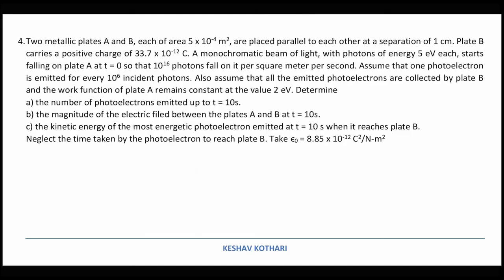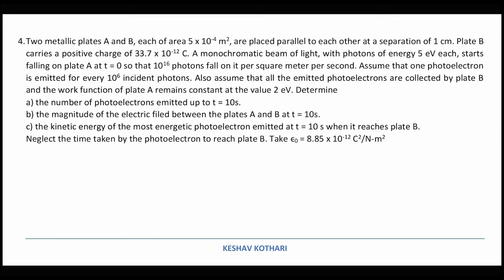Question number 4. Two metallic plates A and B, each of area 5 × 10^-4 meter square, are placed parallel to each other at a separation of 1 centimeter. Plate B carries a positive charge of 33.7 × 10^-12 coulomb. A monochromatic beam of light with photons of energy 5 electron volt each starts falling on plate A at